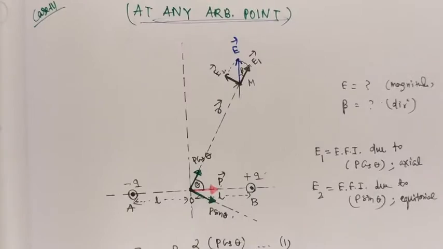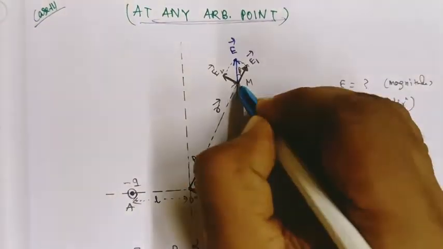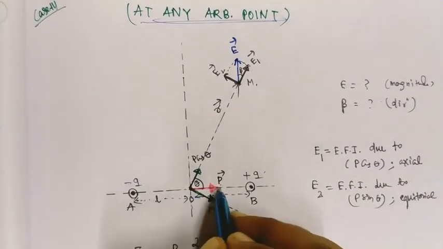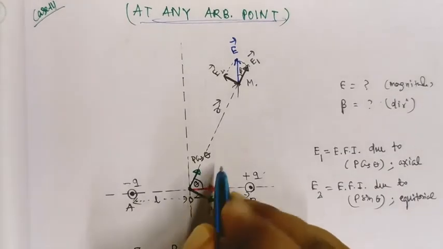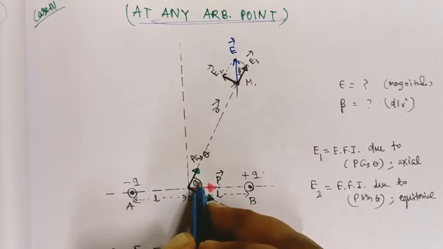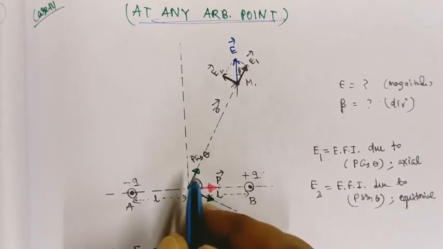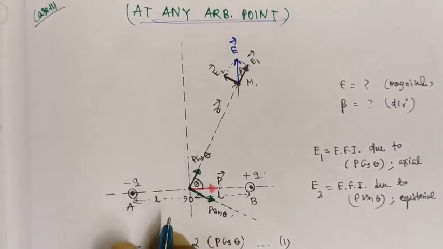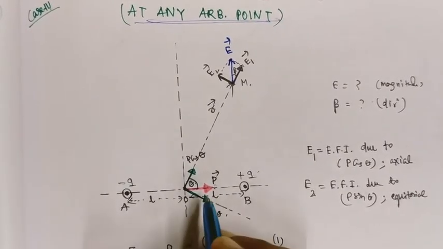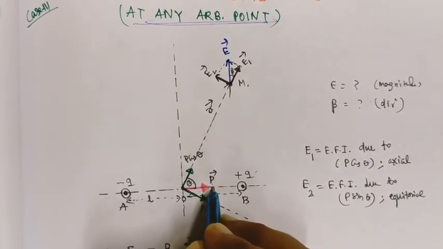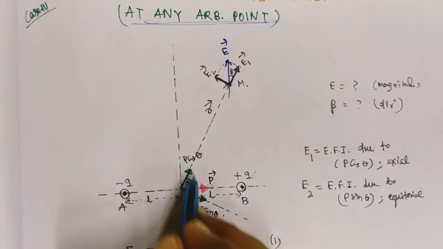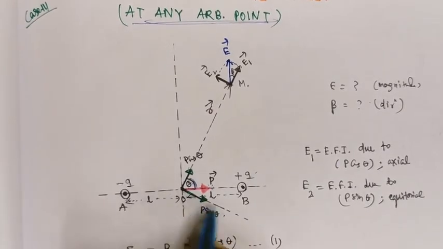This is the perpendicular bisector. Now the arbitrary point M is taken here. OM is R vector. You see P vector and R vector, the angle is theta. This is theta. The angle between dipole moment and R vector is theta. Now in which way the calculation is done, you just see step by step, not to be hurried. First see the dipole moment P vector is here. Now we have this dipole moment P resolved into two parts. This is the rectangular resolution vector concept. This part is P cos theta, theta is attached to here, and this part will be P sin theta.